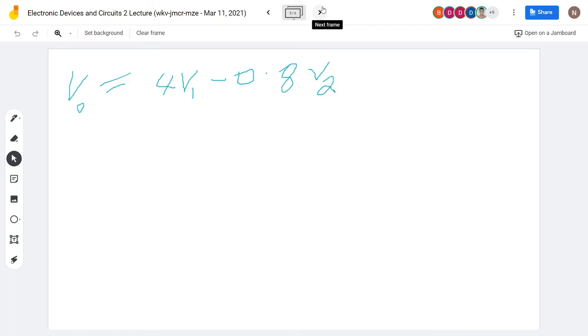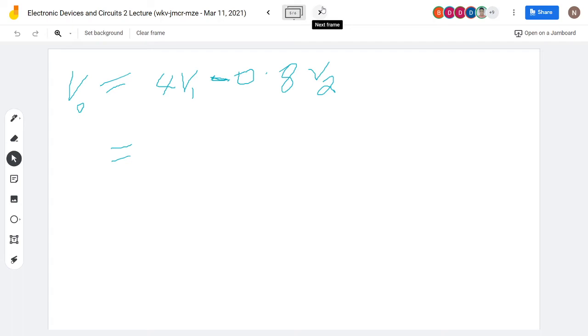And you should have designed an operational amplifier circuit that would give you this output. One thing you can look at is that 4V1 minus whatever V2 tells you it should be a difference amplifier. And generally, from what you would have seen, especially from the first equation,